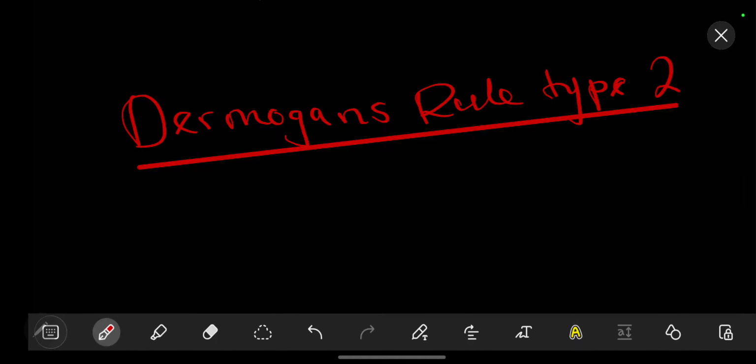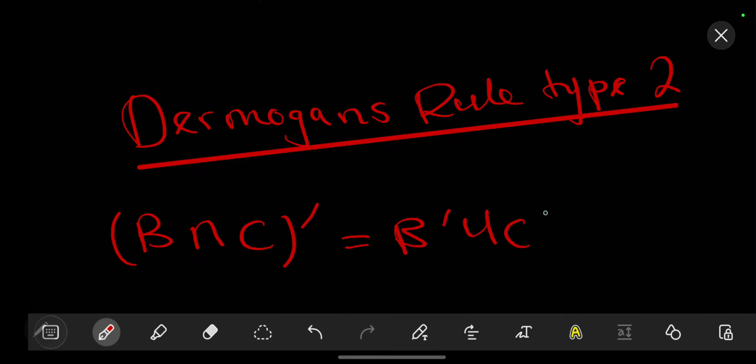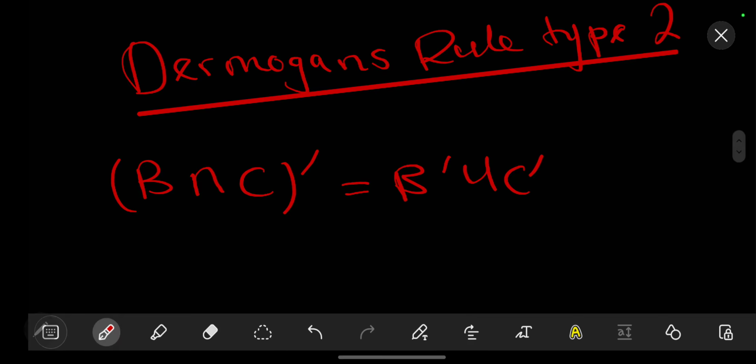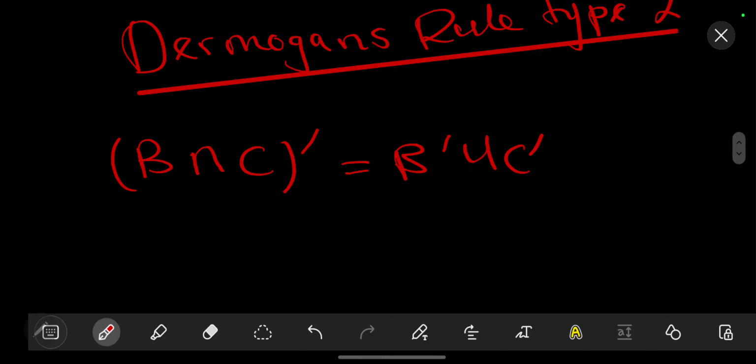Everyone, so we are now looking at De Morgan's rule type 2. We want to prove type 2, which says that (B ∩ C)' should be equal to B' ∪ C'. So, since we have done type 1, for type 2 we are going to let our x be